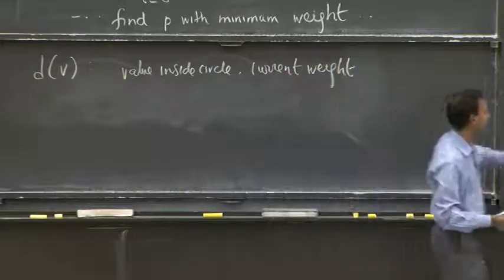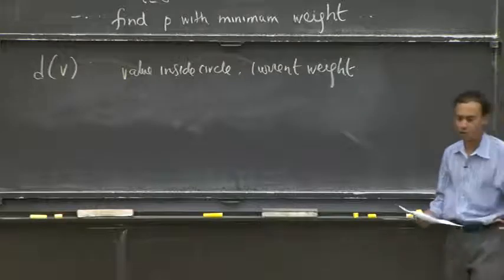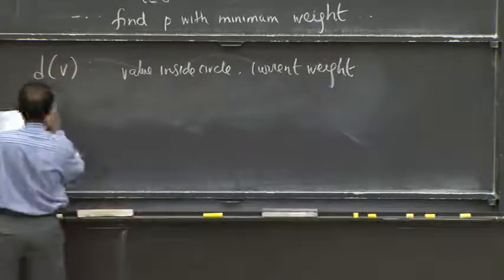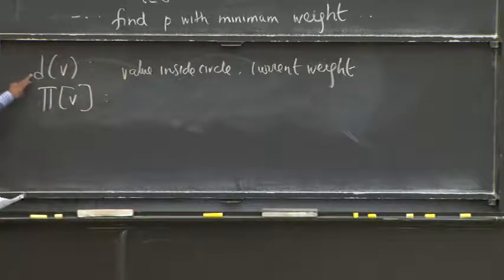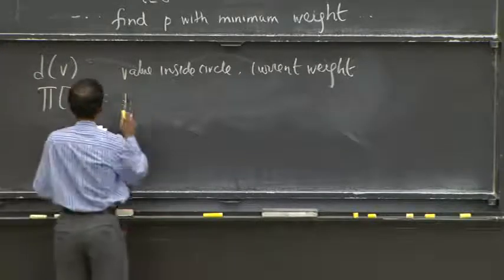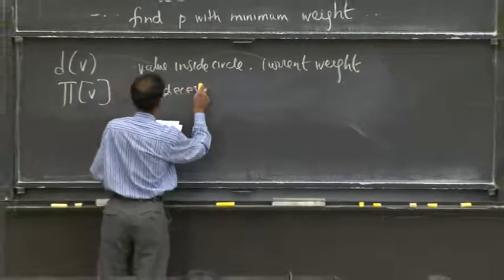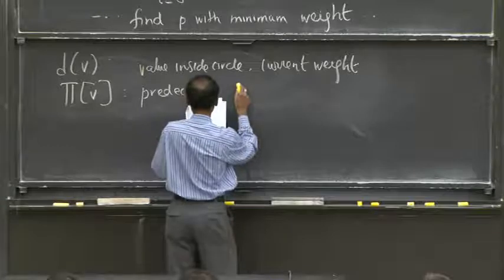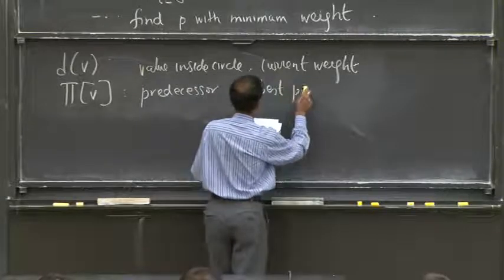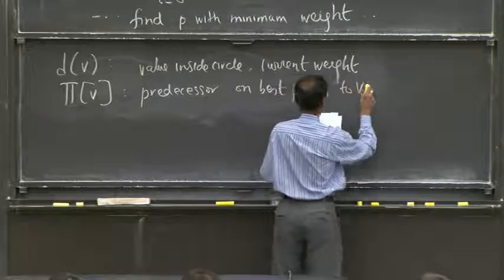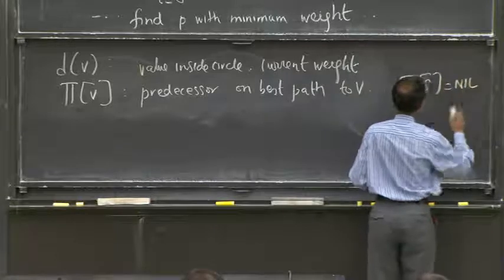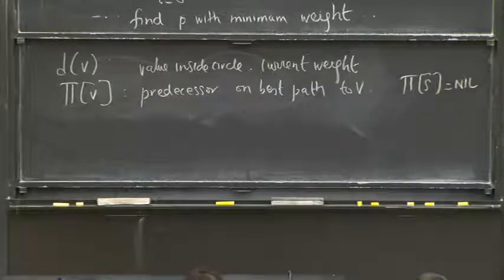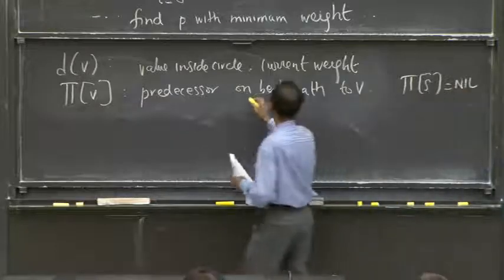And D is something you're very interested in; eventually you want it to go to delta. The other thing you're very interested in is a fairly straightforward data structure corresponding to the D number and this predecessor number. Pi of V is the predecessor vertex on the best path to V, and you set pi of S equals nil. This is eventually what we want, and this gets